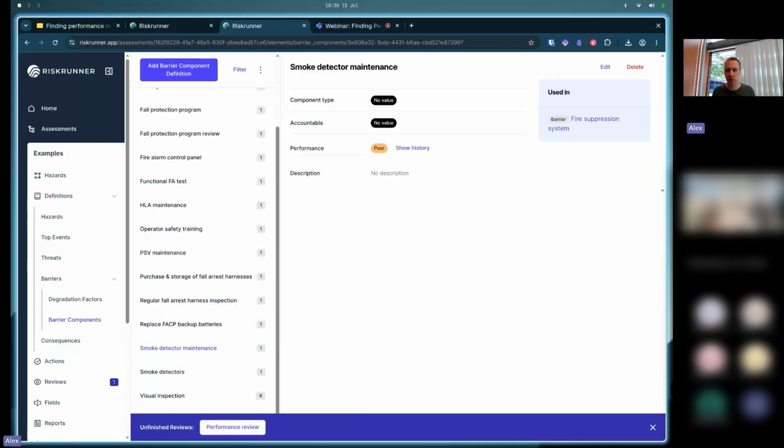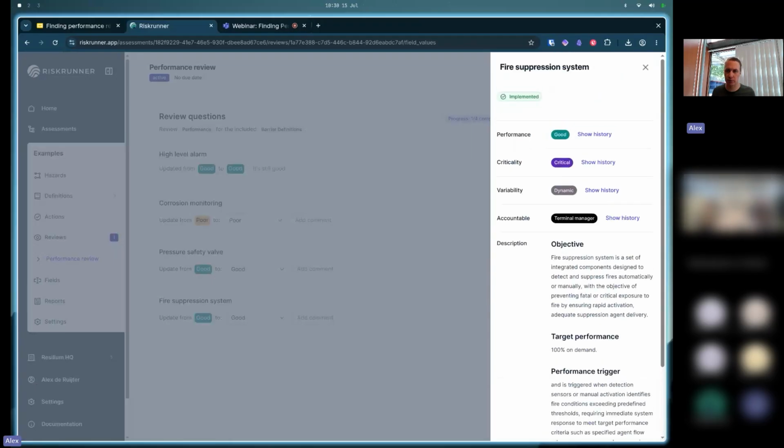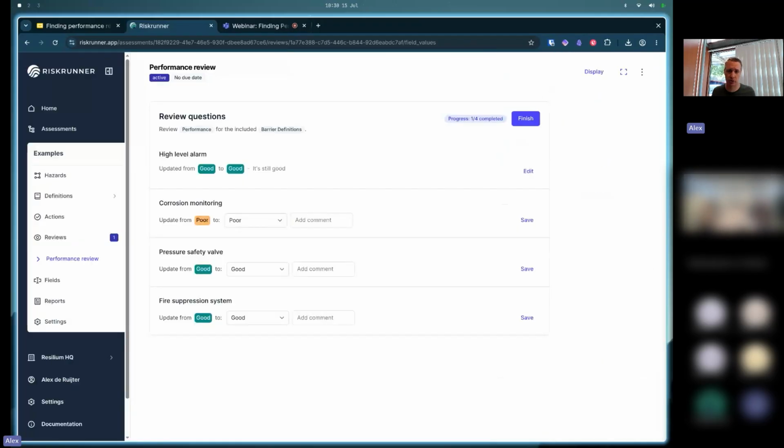I see here the smoke detector maintenance, and that has a history where the performance is poor. If I hover over it, I can see that the maintenance has been deferred again for this smoke detector maintenance. So after a little bit of digging, I can find that the overall performance for the fire suppression system is good, but underneath it the maintenance on the smoke detector is